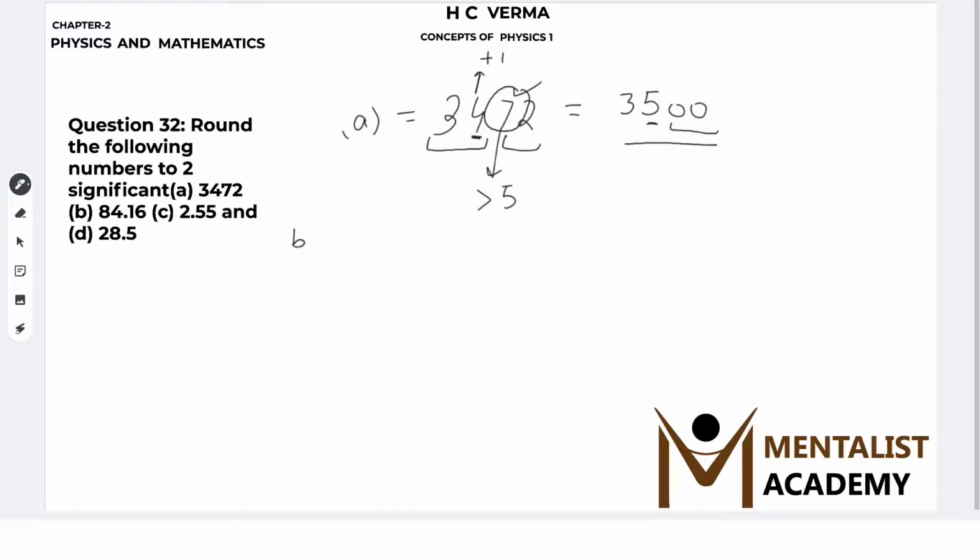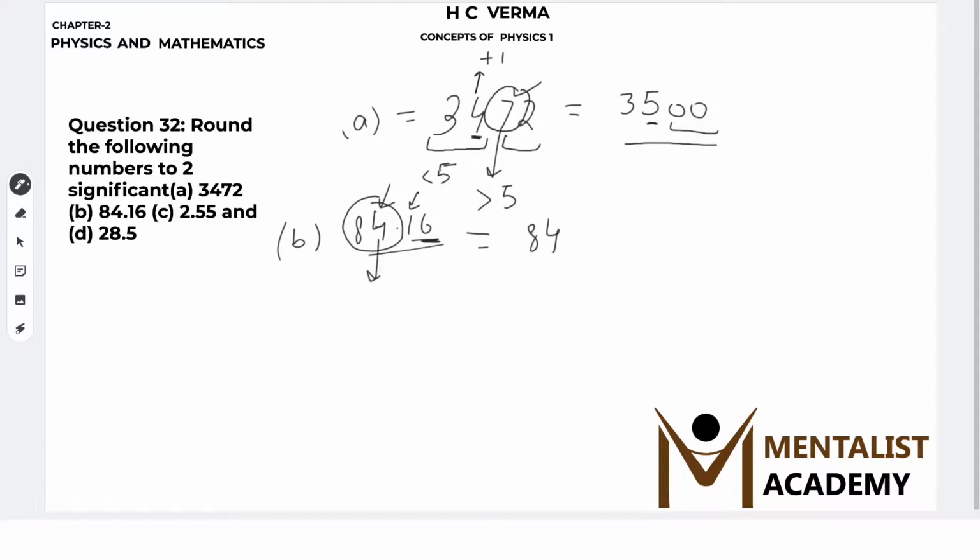B part, 84.16. Now these two will be the significant digits and these two will be removed. As you can see, the number next to the significant figure which we'll keep is less than 5, so this 4 will not be increased by 1 this time because this is less than 5. So therefore it will be written as